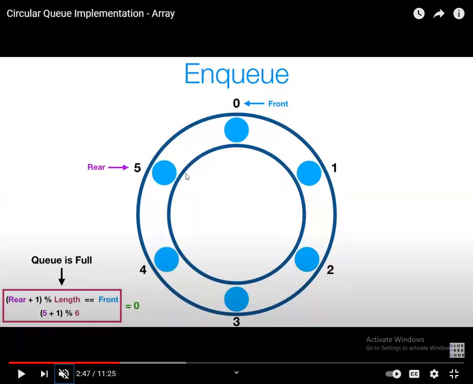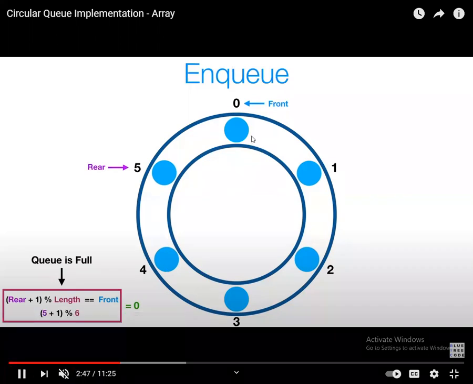Before going to the priority queue, try to understand the concept of a circular queue. Then we'll move to the priority queue and double-ended queue. That is today's class. We'll try to finish the concepts of queue, and the next sessions will be on the concepts of doubly linked list and circular linked list, a few concepts that are mandatory for our IA and from your external point of view.